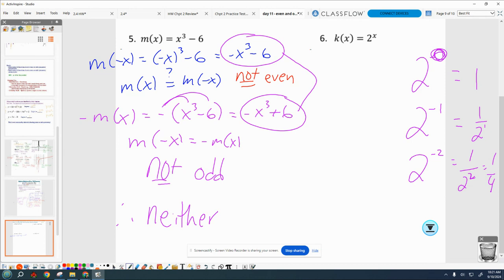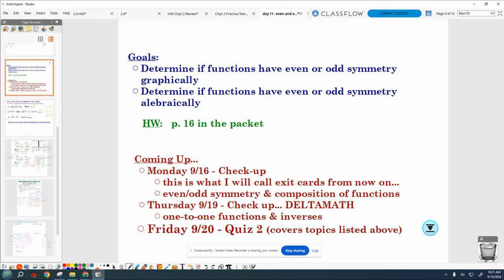All right, guys, homework is finish page 16 through page